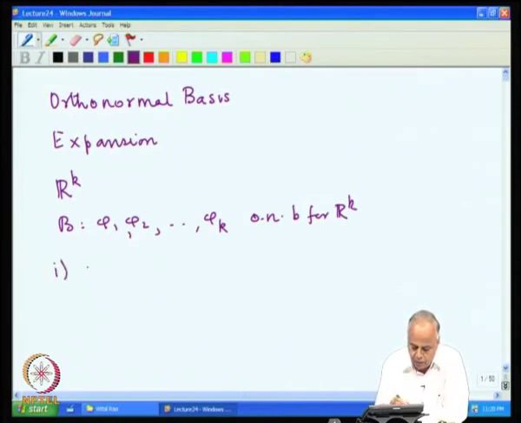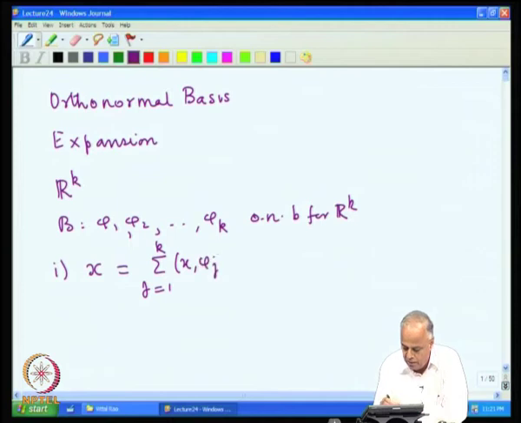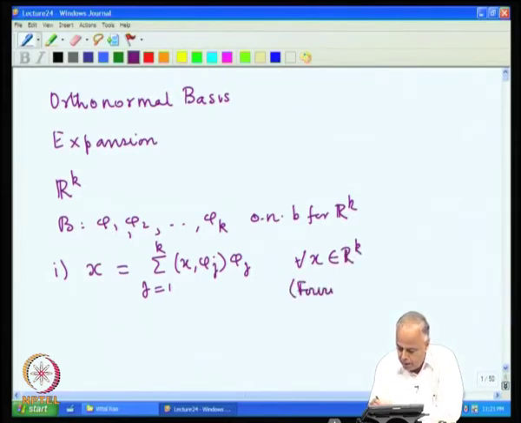Any vector x in R k has this expansion, sum over j of x comma phi j times phi j, where you recall x comma phi j denotes the inner product, which is the same as phi j transpose x, and this is true for every x in R k. This is called the Fourier expansion of x with respect to the